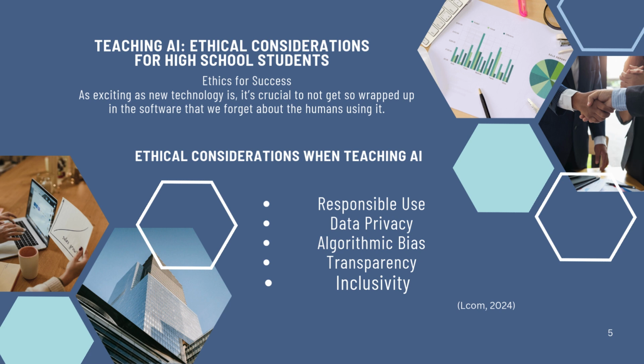Inclusivity. Some students have access to a strong internet connection at home so they can continue to use AI as a learning tool or to help them with their assignments. Teachers can bridge the gap by giving students who don't have access to internet at home alternatives, especially when it comes to homework. They can offer AI options like resources on a USB stick or on paper, or the opportunity to use resources from the school. By being aware of these ethical considerations, educators can prepare their high school students for the decades ahead.